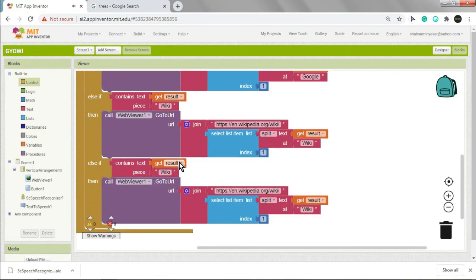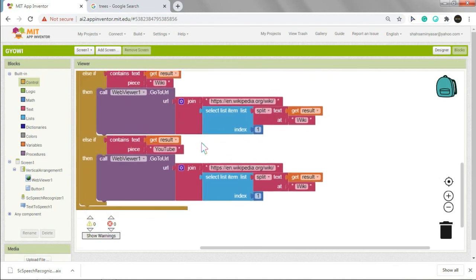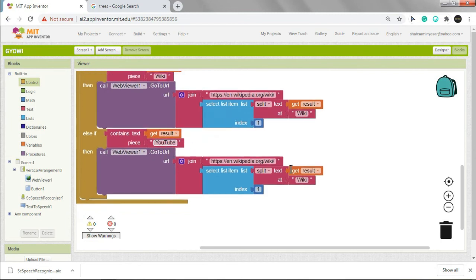Else if the result contains text piece YouTube, and while writing YouTube you should remember that Y should be capital and T also should be capital, because in the speech recognizer, when we say YouTube, it recognizes it as capital Y, O, U, capital T, U, B, E. So write this as YouTube. But if you write this T smaller, then it won't work. So you should write YouTube like this, Y-O-U-T-U-B-E.